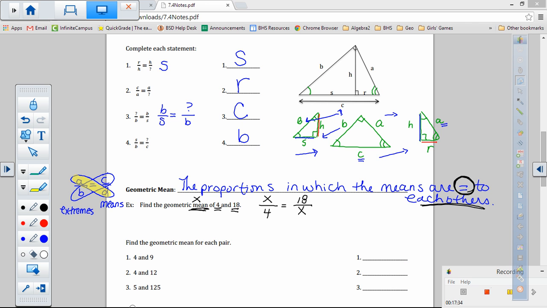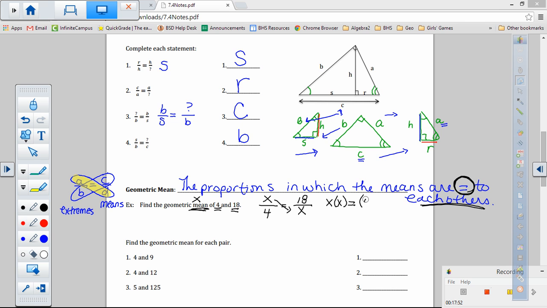Anytime you're doing a geometric mean, you're going to have one of your cross products be the same. If the geometric mean is what you're searching for, then put x's in there. How do you solve this? You cross multiply just like we always do. X times x